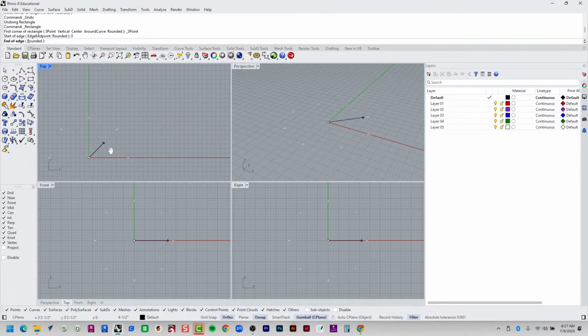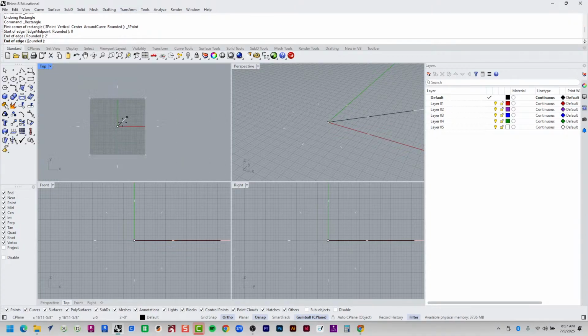And the next thing I want to do is use this rectangle to define the basic outline of my cache wrap. So let's do something like 2 feet, right? I'm in top view right now. I'm in the plan view, so let's do 2 feet. I can type in 2 apostrophe, hit enter. I need to zoom out, and once you